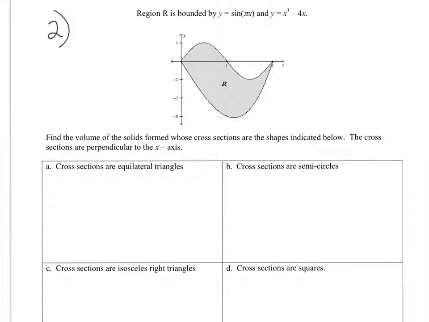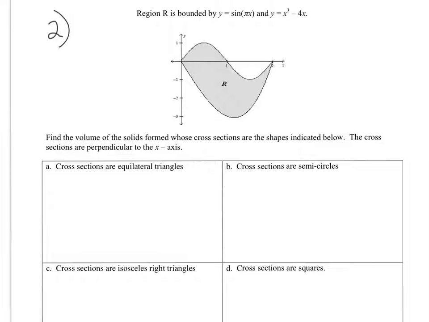Okay, this is a video example for finding the volume of solids formed when their cross sections are certain shapes. So they could all be equilateral triangles or semicircles or some variation of that. So we've got a pair of functions forming a region which is labeled with capital R, and we've got a